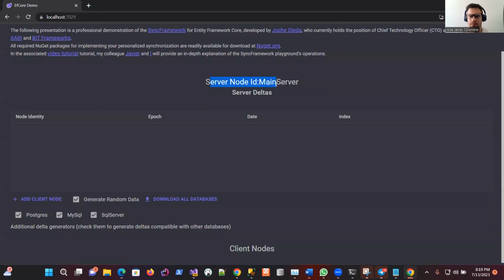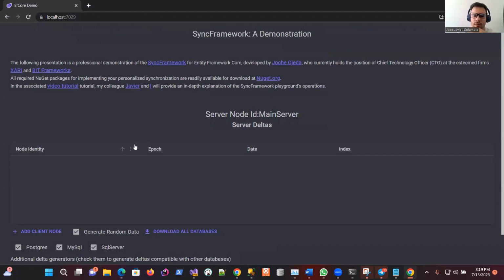We have a server node, and in the server, you have the deltas that are stored in the server. At this moment,